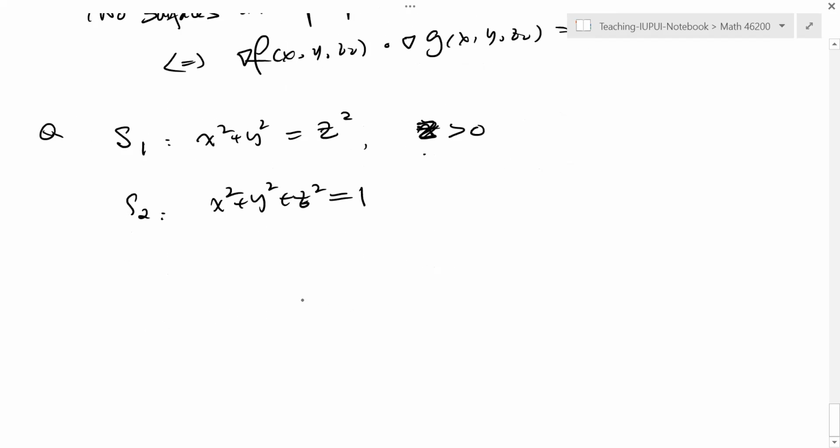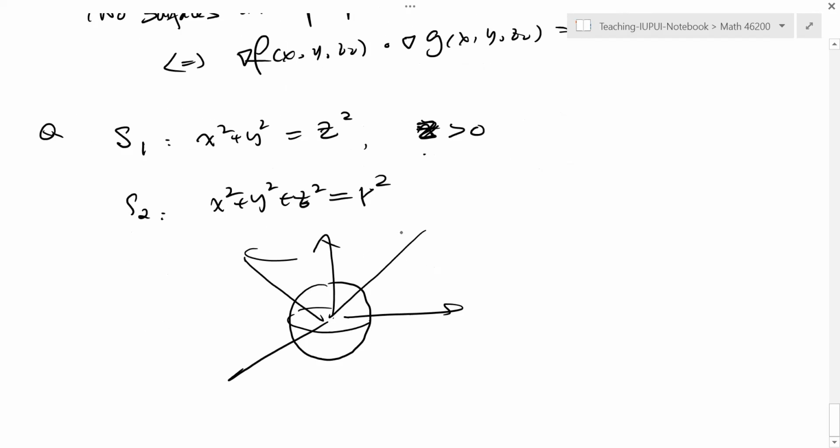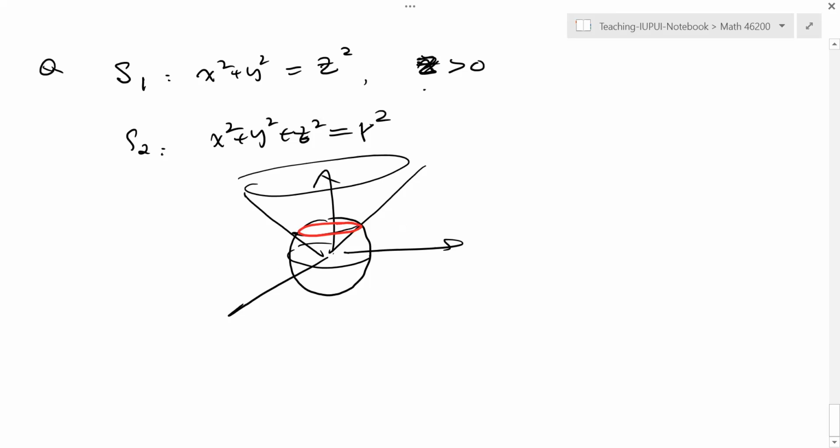How does that look like? Okay, and this is R squared in general, okay? So here's a sphere, and this is a cone, okay? And then there's the intersection, a circle, right? So I want to see what the angle is between the cone and the sphere at the intersection point. I think this is a constant angle, right? Find the angle between S1 and S2